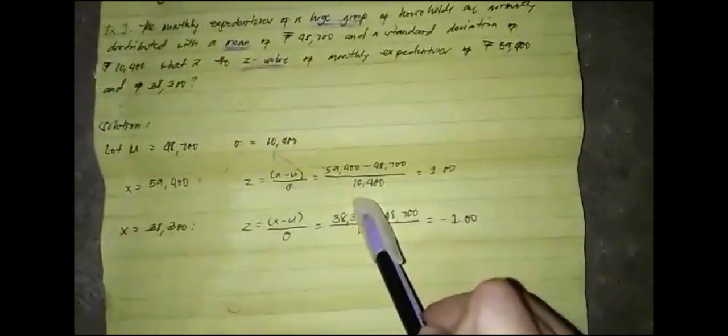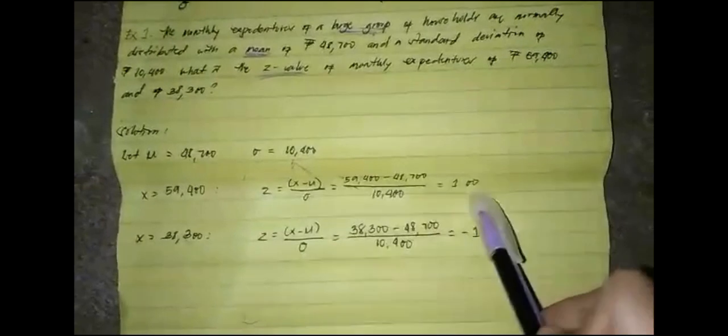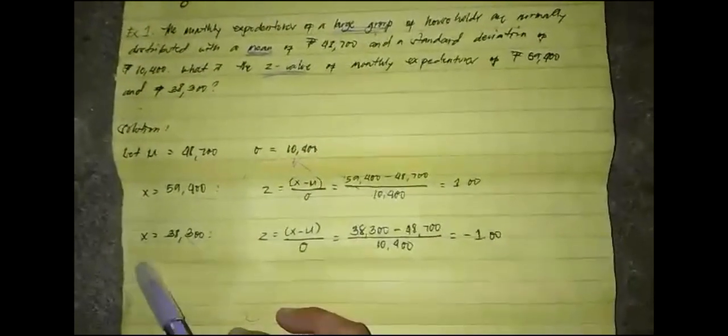x, 59,400, minus the mean, 48,700, divided by the standard deviation 10,400. So, the answer is 1. And the next one is the